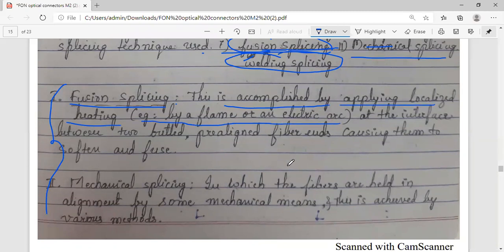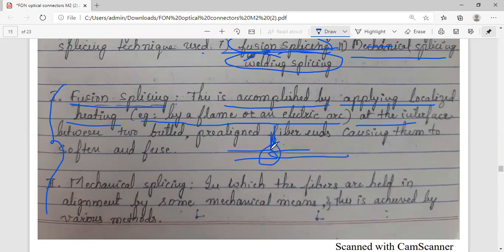I think you have experienced this kind of joining of parts. Even when you have two different materials to be joined, in workshops you see two metal rods joined by welding, right? I'm just giving you an analogy. It doesn't mean that the same thing is happening here, the techniques are different. However, we can see how the splicing is accomplished. You take two optical fibers and perform the heating, either by a flame or by an electric arc at the interface where the two optical fibers are joined.